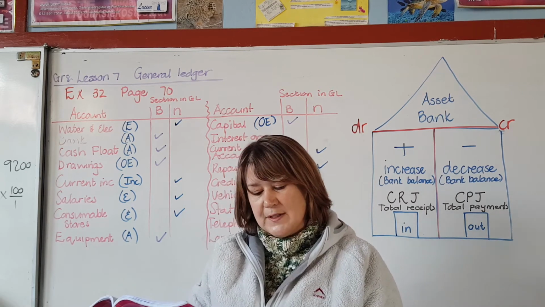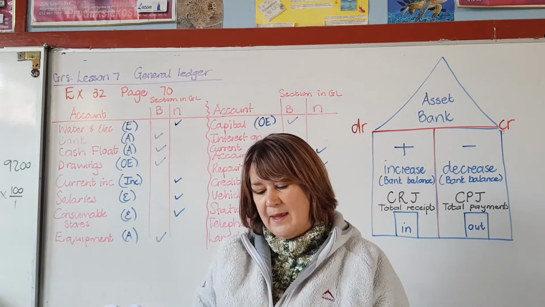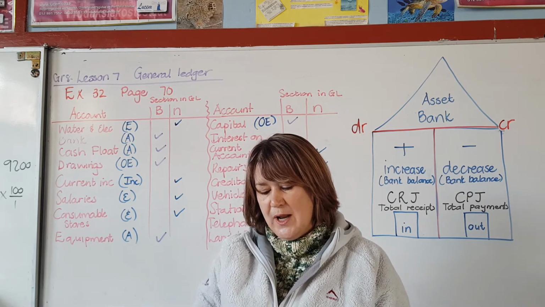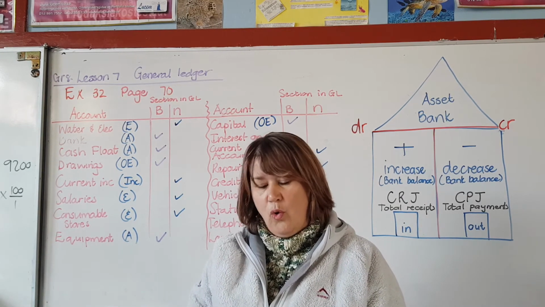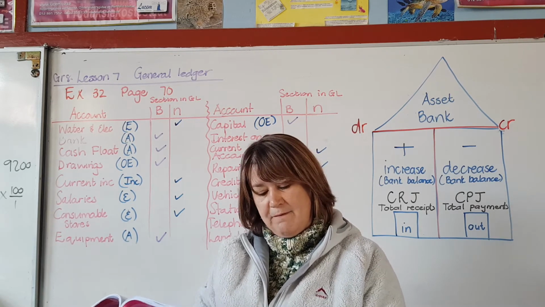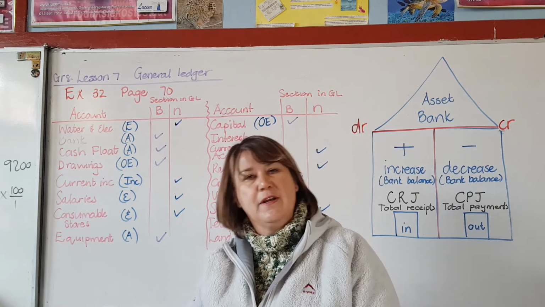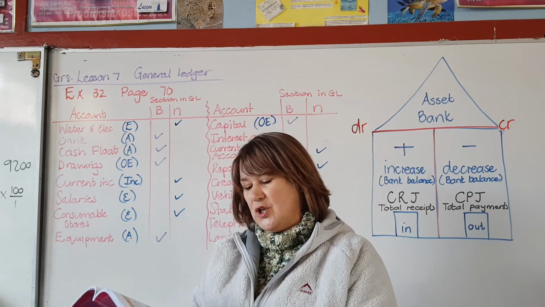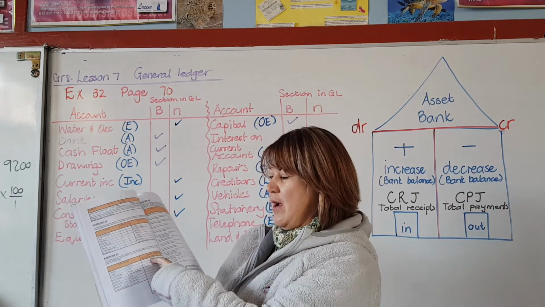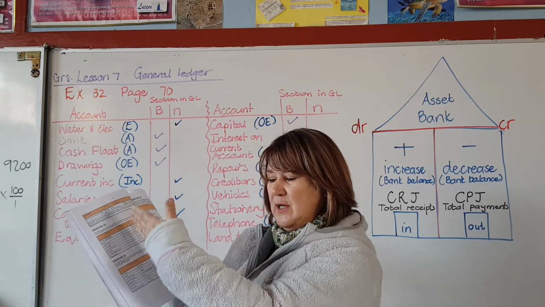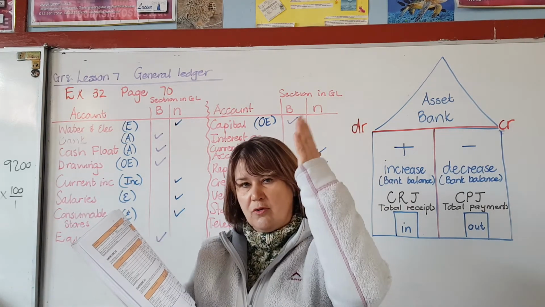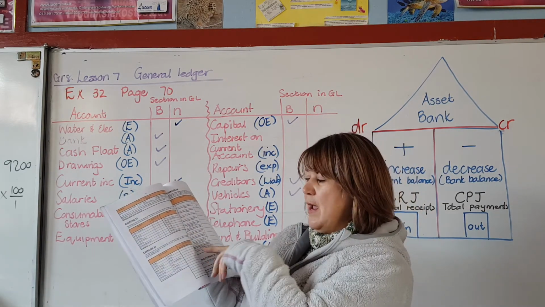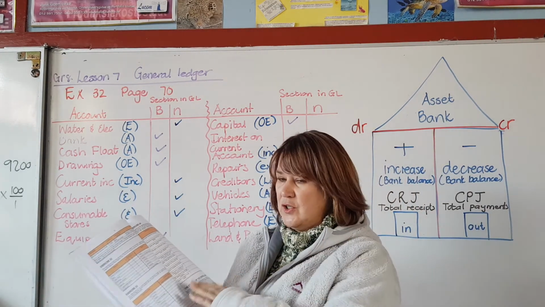What they gave you is a list of accounts, and then they gave you two columns, a balance sheet section and the nominal section. All you have to go and do is see vehicles, and then you have to decide vehicles is an asset, so that's going to be in your balance sheet section. Then you just write their vehicles. All right, you can do it horizontal or vertical, doesn't matter, down or sideways, and just write your answers.